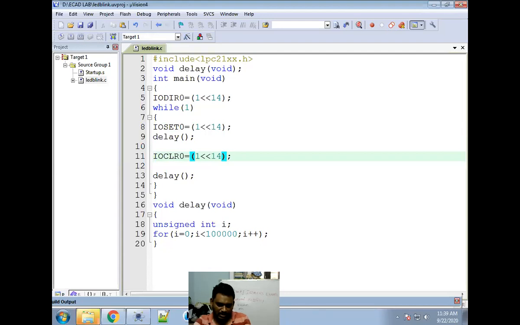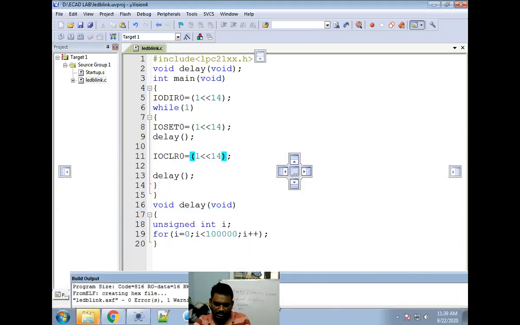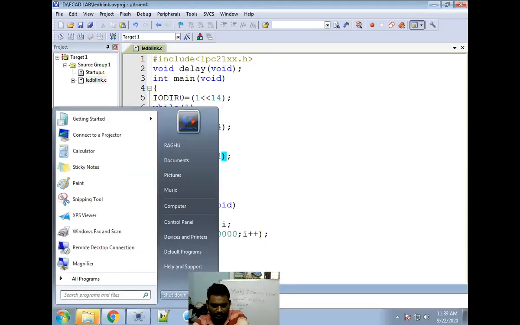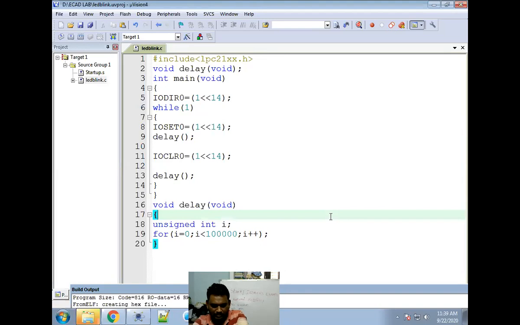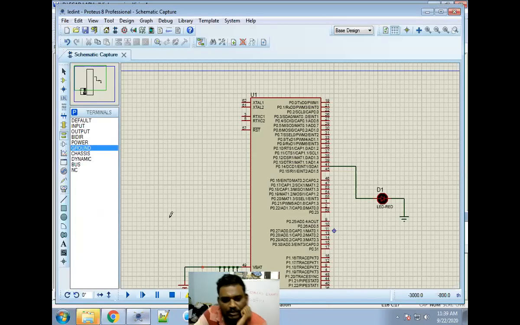Rebuild it, then open Proteus once again. Yes, this is working because I changed my code also.